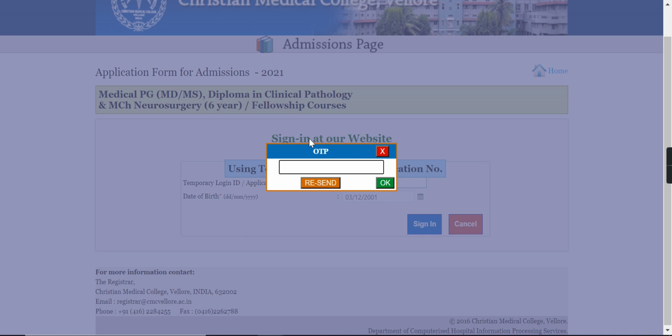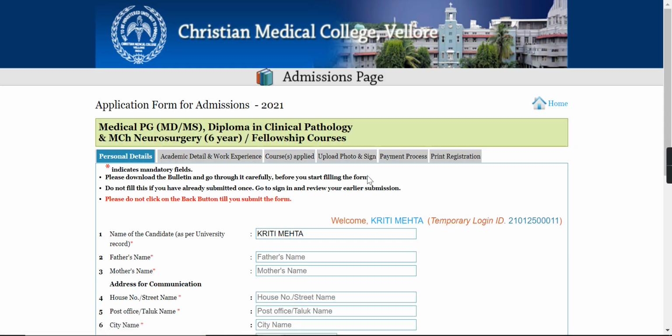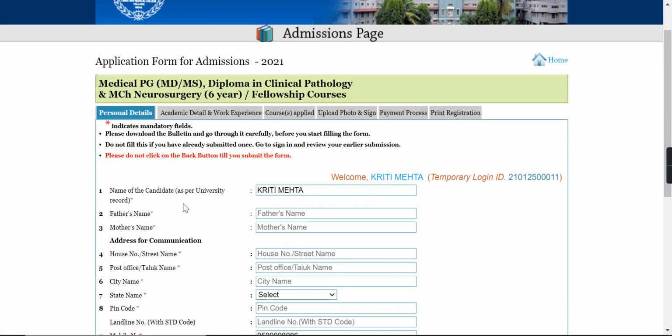Okay, not yet. If the OTP is not sent, you can click on the tab written reset. So the OTP, you have to write it over here. After that, you'll be logged into a new page. You'll be redirected over here.